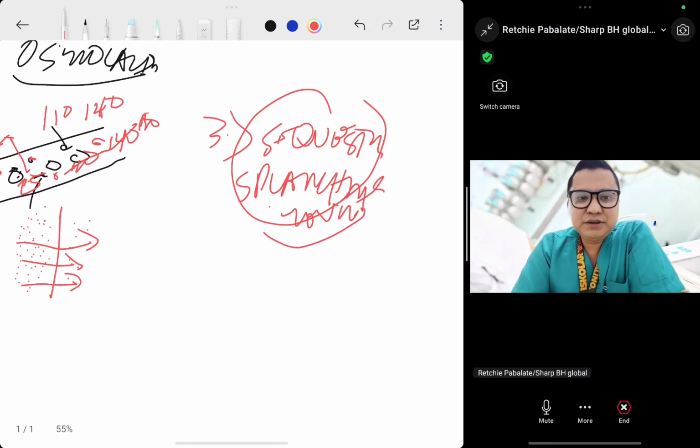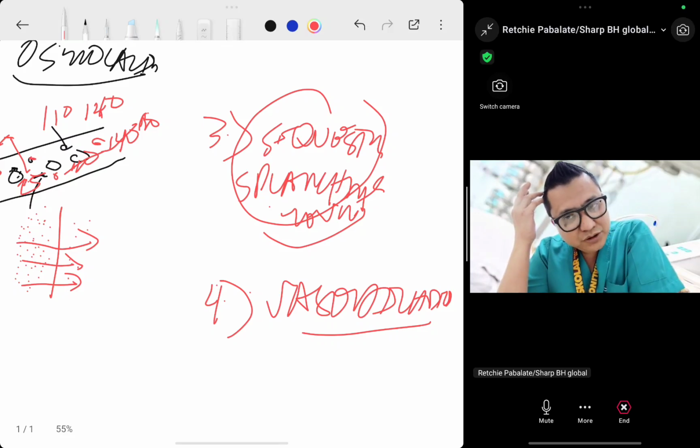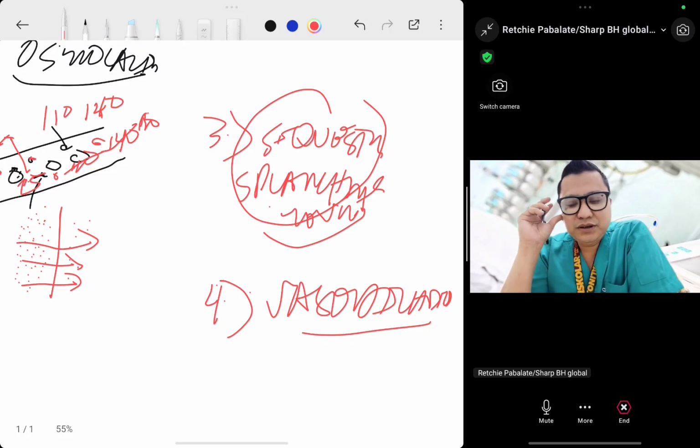Then the other reason for this intradialytic hypotension is temperature or vasodilation. Vasodilation, for example, when the patient is in sepsis. Of course, we know that during sepsis, the immune response secretes inflammatory cytokines, even prostaglandins, interleukins, and bradykinins, all of which are vasodilators that lead to decreased blood pressure.